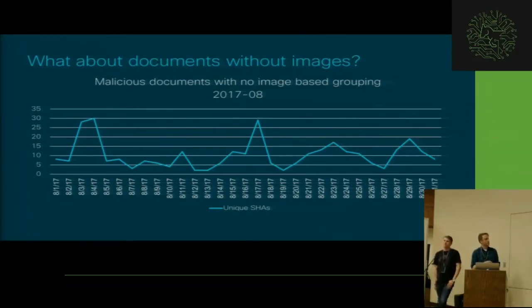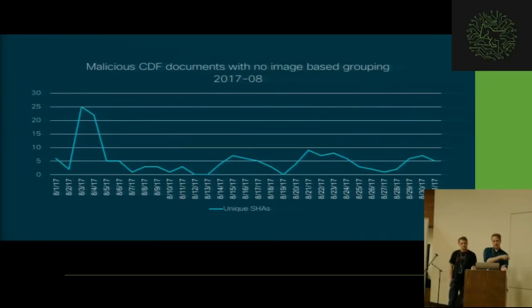So this is both .doc and .docx. To do the subsequent work, I separated them into the old format, which is .doc, and the new format, which is .docx. So this graph is both, and this subsequent graph is just the old style document. CDF is another name for it. It's basically .doc, the older Microsoft Office format. So again, you can see a spike. Now we're talking about a very low volume of unique files compared to the previous graphs. But again, you see a spike and then a trailing off.